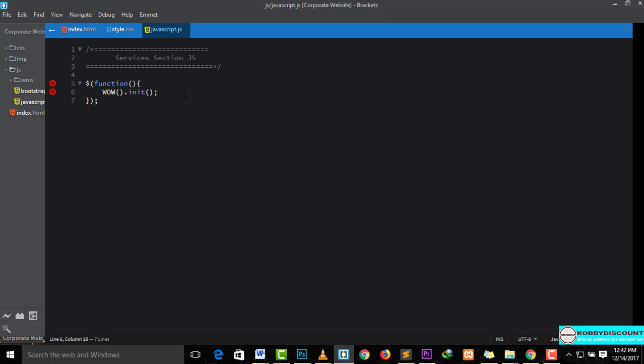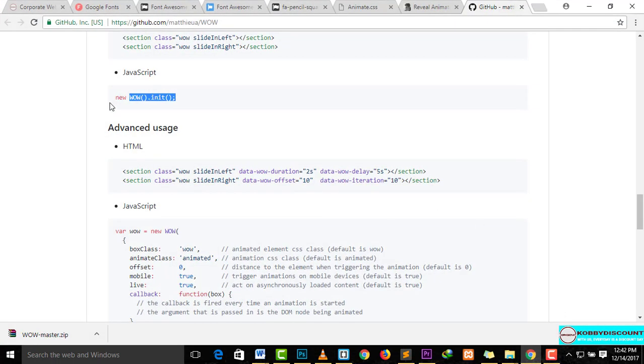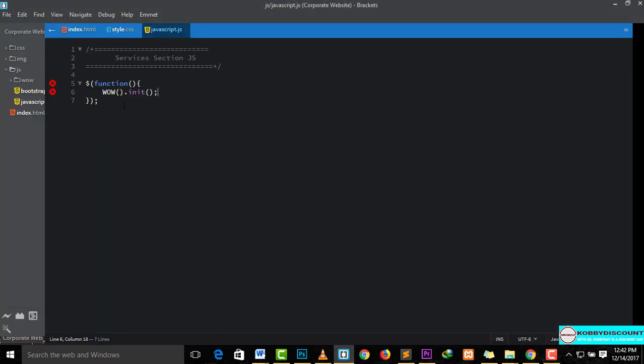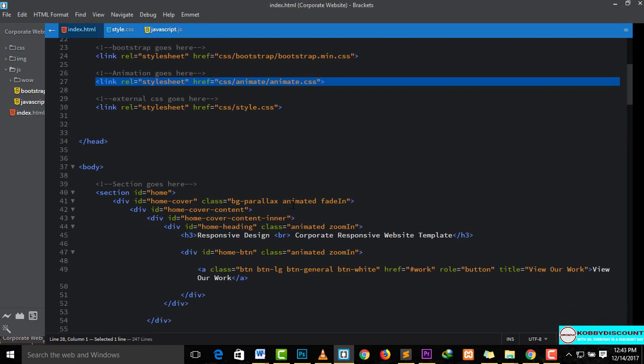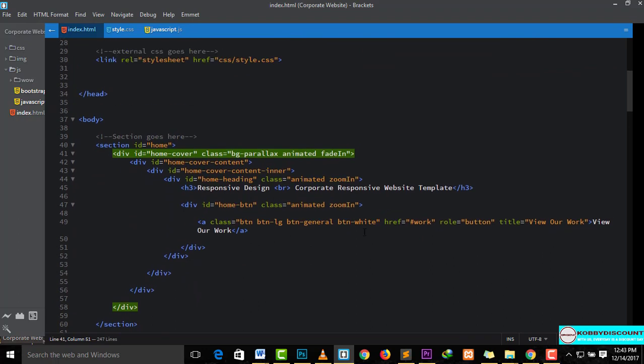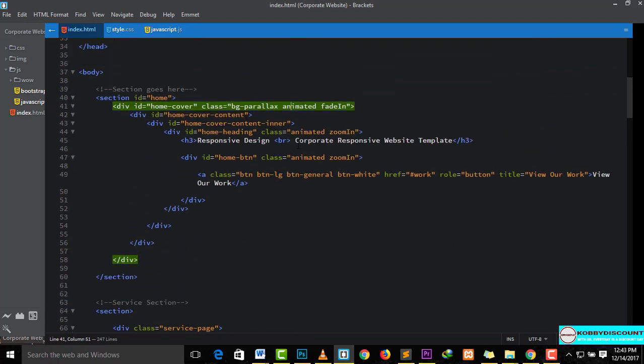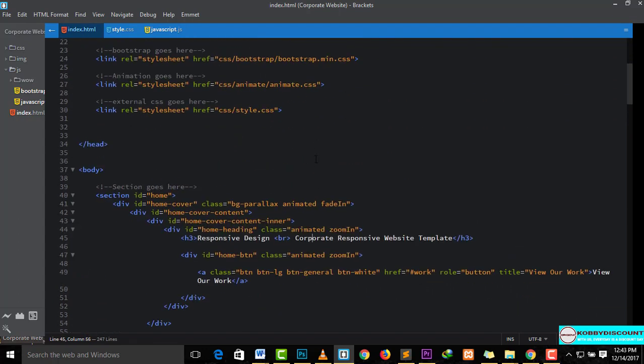I think I made a mistake here. You need to add the new. The new should be path. Okay, so let's go back, and then with the wow.js plugin, you need to add a class of wow to